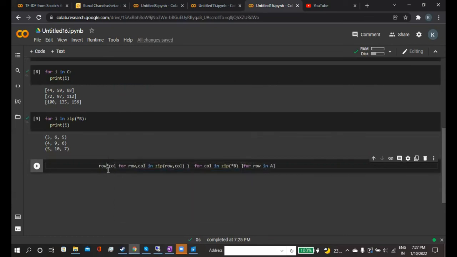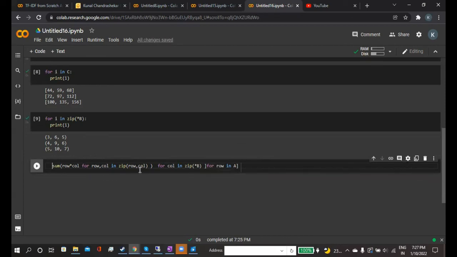But we have to do a sum. Once we multiply row and column, we have to sum those multiplications. So we will write sum. Sum is the standard method of Python. We can use that sum method to add up the row and column multiplication.